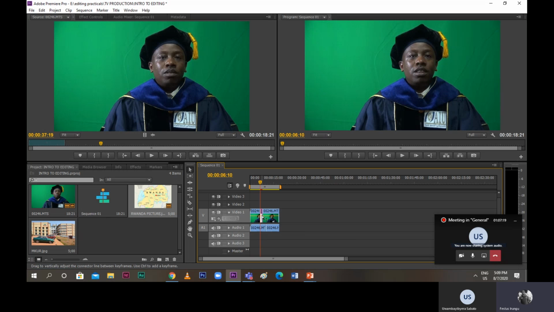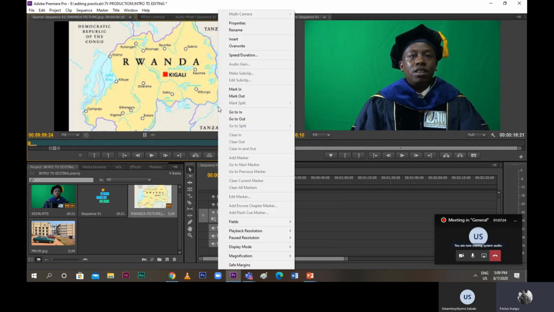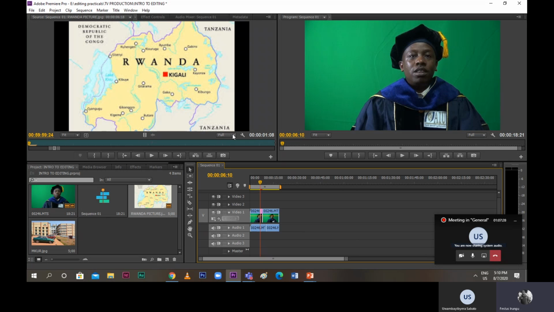So that the screen, this one, doesn't leave any space, so that this screen is able to fit the full of it. This screen needs to fit. It needs to fit the screen, so that when the guy is explaining that he's a citizen of Rwanda,